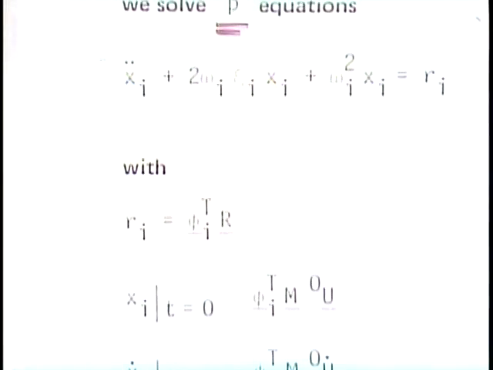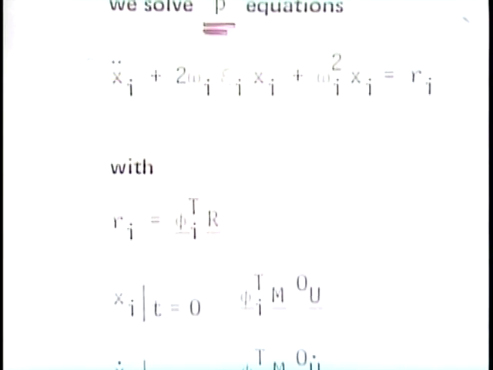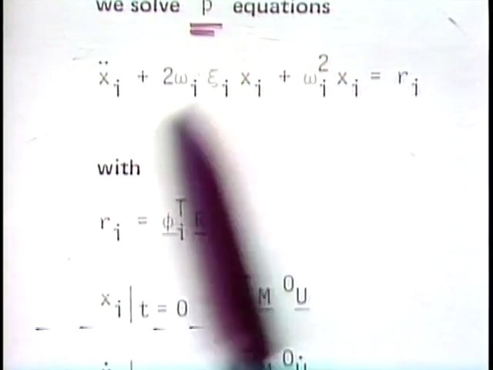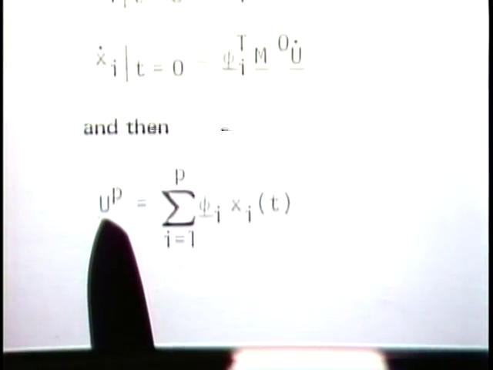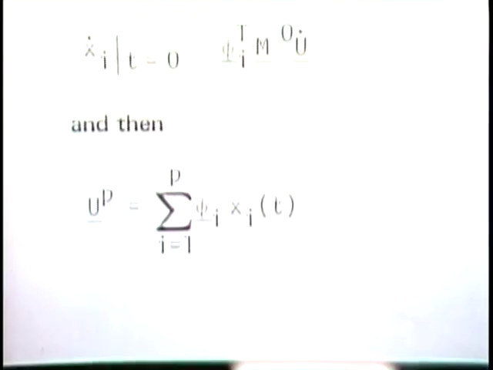Solving this equation here via numerical integration or exact integration using, for example, the Duhamel integral, we obtain the xi values as a function of time. We substitute into here to get our up, which is an approximation to the solution of the dynamic equilibrium equations,